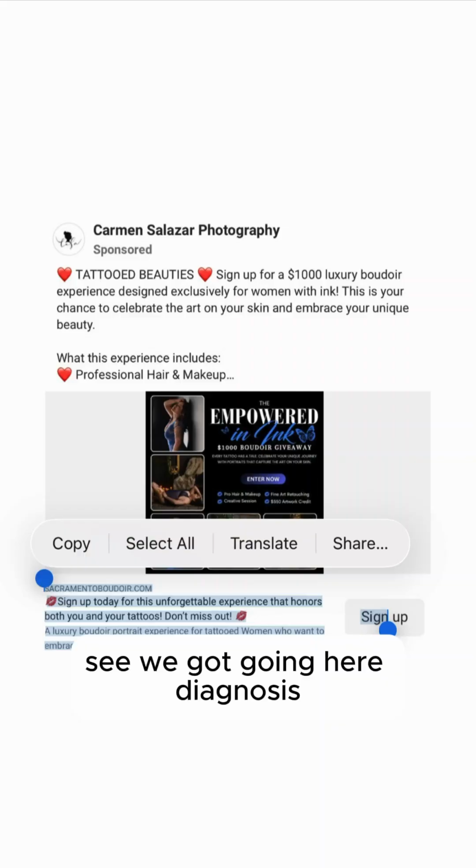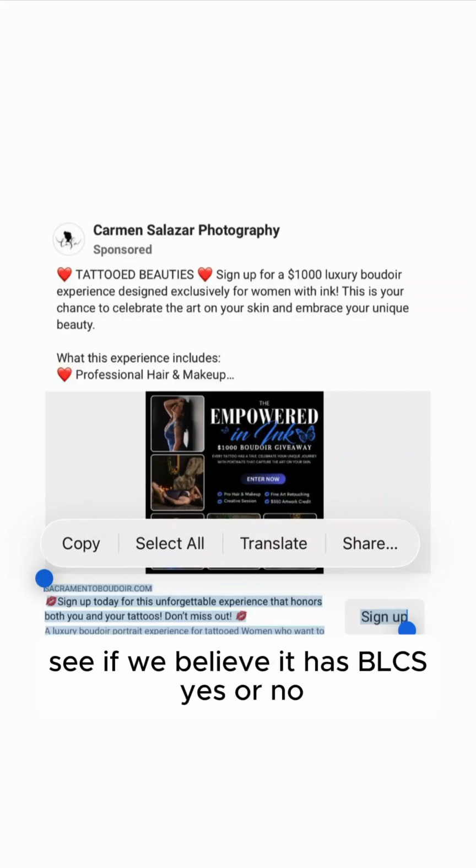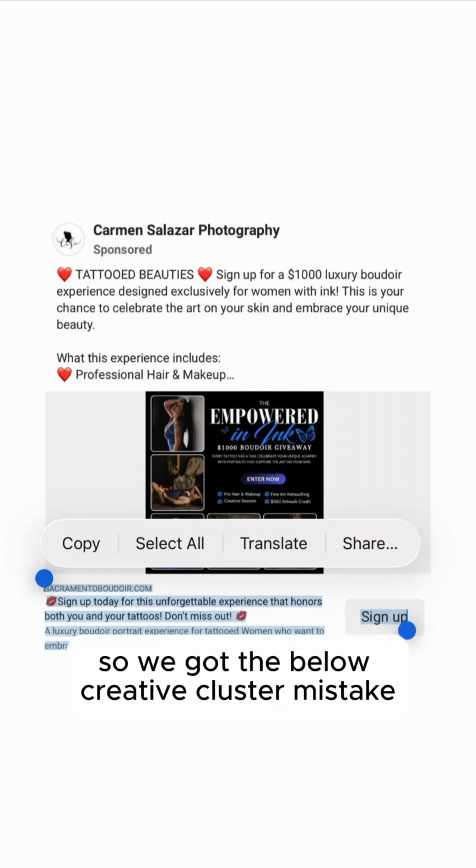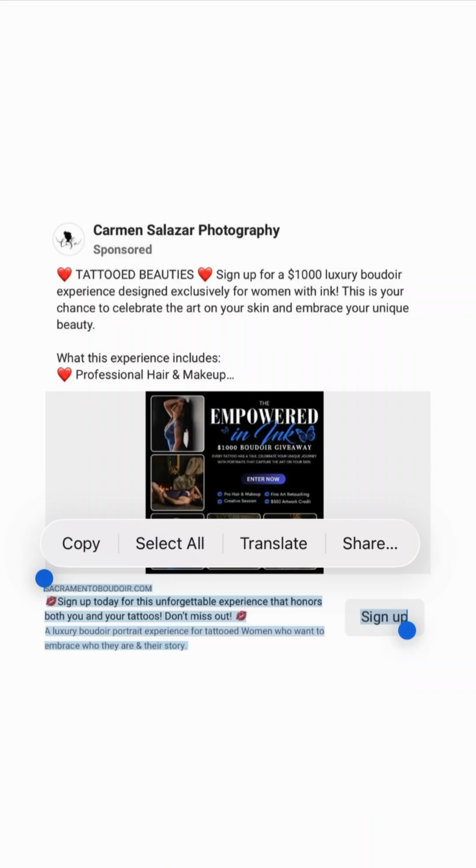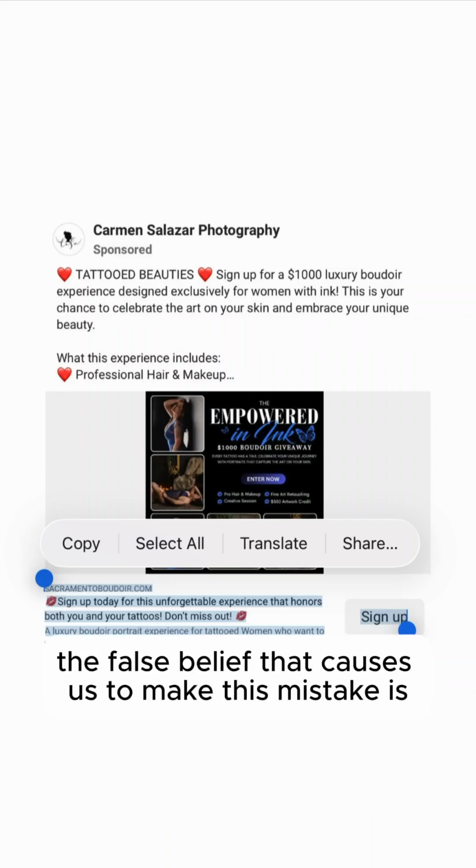See what we got going here. Going to diagnose to see if we believe it has BLCS, yes or no. So we got the below creative cluster mistake. The false belief that causes us to make this mistake is